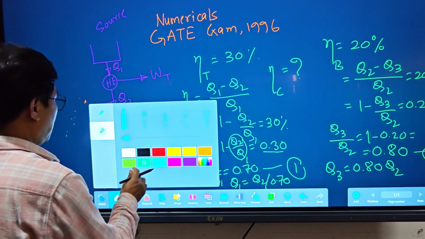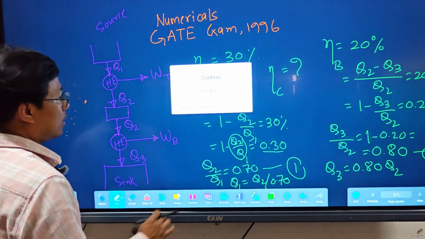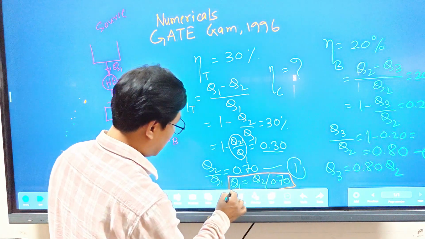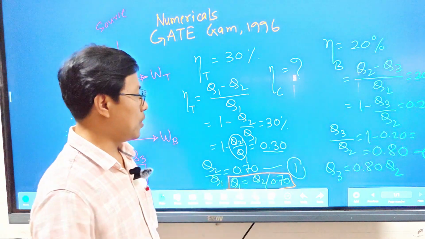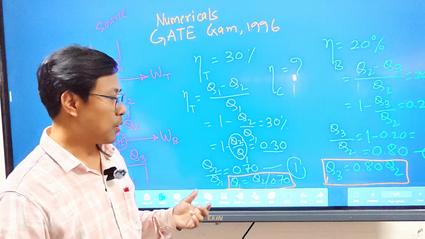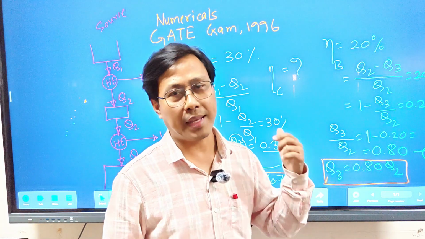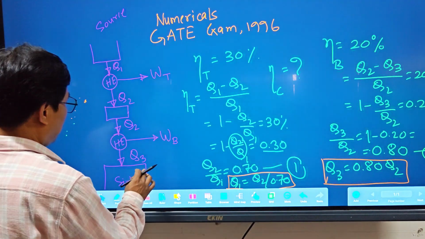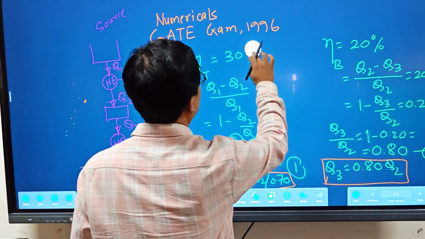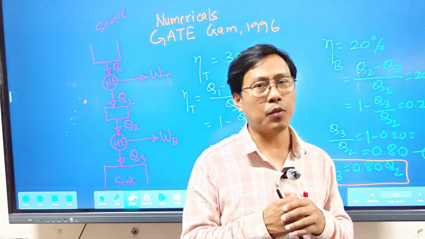So finally we have received Q1 equals Q2 by 0.70 and Q3 equals 0.80 into Q2. Now using these two values, we will find the final combined efficiency of the heat engine. Let me solve the numerical on the same page so that it is easy to understand. The overall efficiency or combined efficiency will become